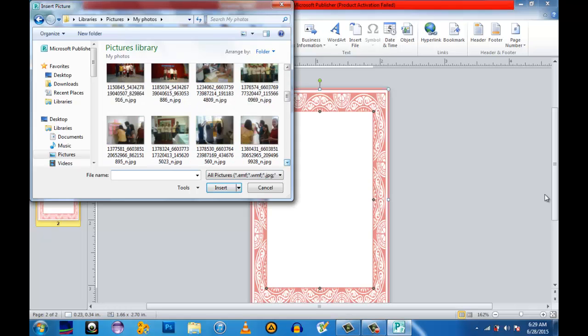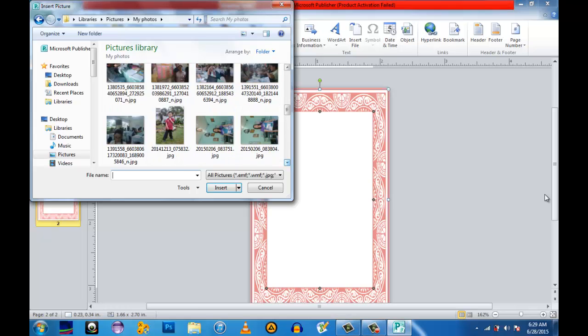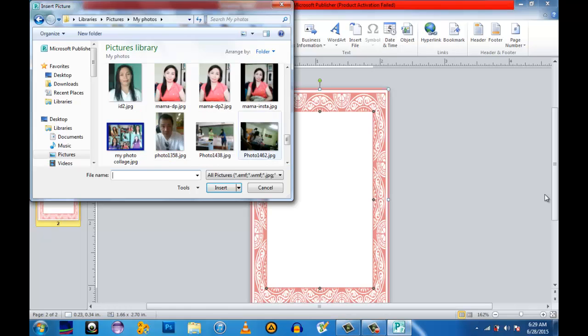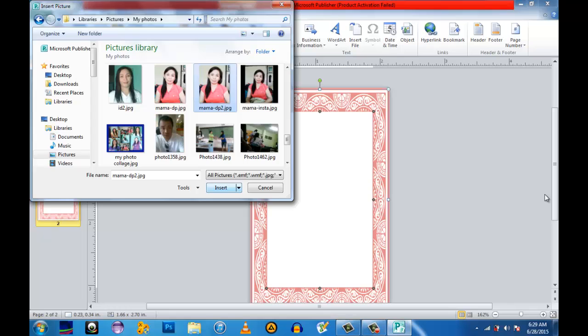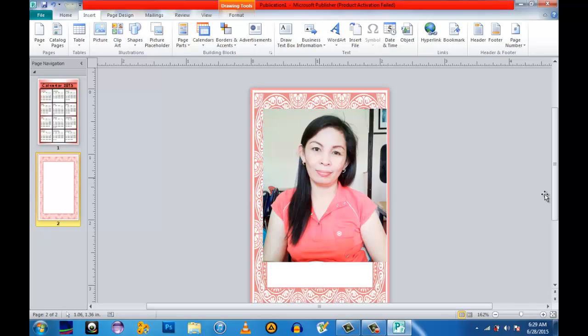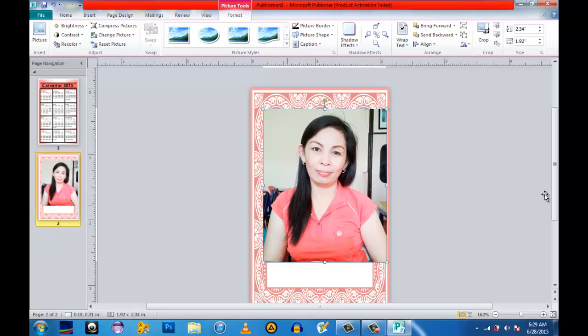Select the photo that you want to select it. Okay, then you just resize also the photo. See to it that it will fit in the prepared page. That's really okay.